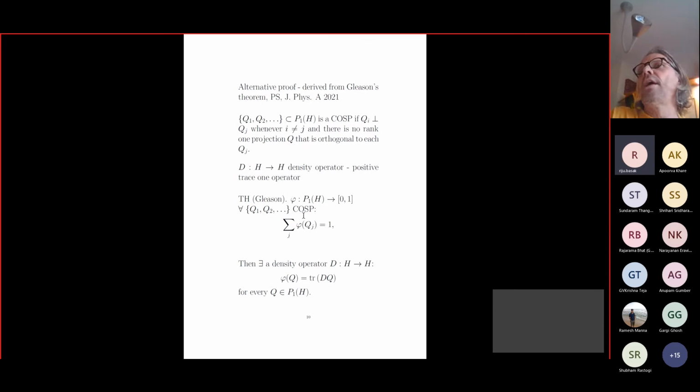this projection of rank 3 is a sum of 3 projections of rank 1, and then in a natural way I can extend phi to this projection of rank 3. If Q is Q1 plus Q2 plus Q3, I just take phi of Q1, phi of Q2, phi of Q3, I sum up, and I get the value of phi Q, and this is a well-defined function, and it behaves like a measure. If I have 2 projections P and Q and they're orthogonal, then phi P plus phi Q is going to be equal to phi of P plus Q. It behaves like a probability, we have orthogonal additivity,